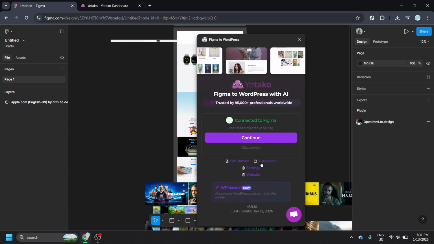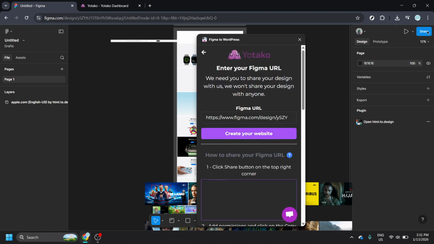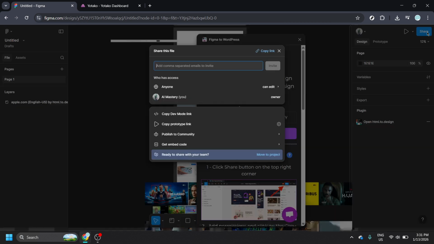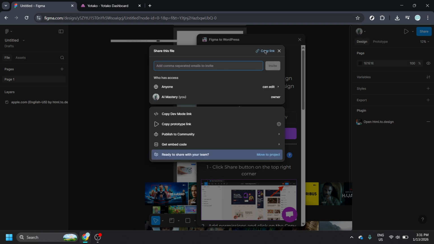Next, you'll need the link to your design. In Figma, click Share and copy the file link. If the plugin can't read the file, check that link sharing allows viewing, or that you're signed in to the same account the plugin uses. Avoid sharing links publicly if your design contains confidential content, and keep your file organized so the plugin maps sections